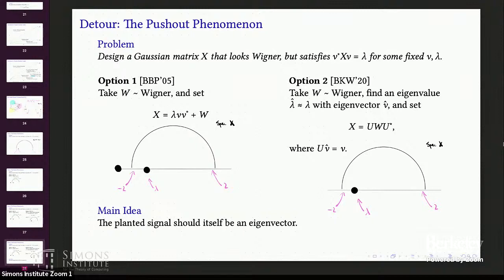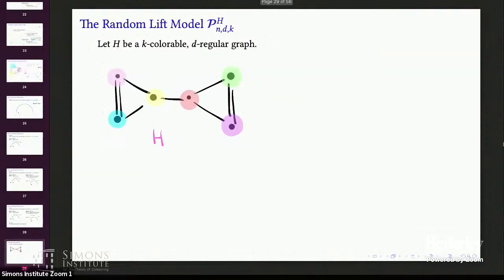And there's a very nice way to do this in the continuous case when everything is rotationally invariant and you can just pick this unitary. But what are we going to do in the case of d-regular random graphs, where things are much more combinatorial and brittle? Okay, well, I'll tell you what we're going to do. We're going to look at random lifts. So there is a lot of nice technical mathematical stuff you can say here, but let me just tell you the layman's version of a random lift.